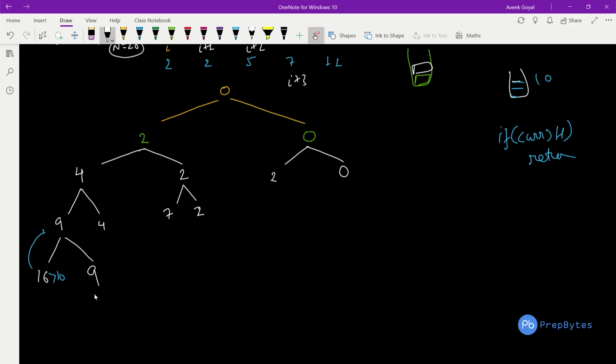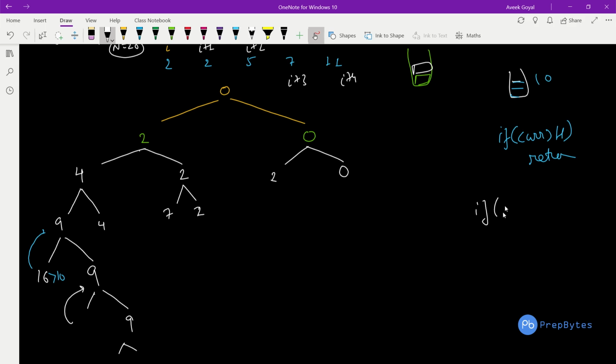Now if we move forward with this, do we have anything else? Yes, we do have I plus 4, that is nothing but 11. So 9 plus 11 is possible? No, it is not possible. We return back, and the second choice was we do not put 11. So we put 11, we do not put 11, so that it was 9. Now do we have anything left? We do not have anything left.